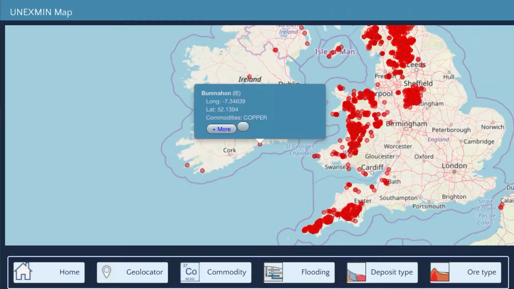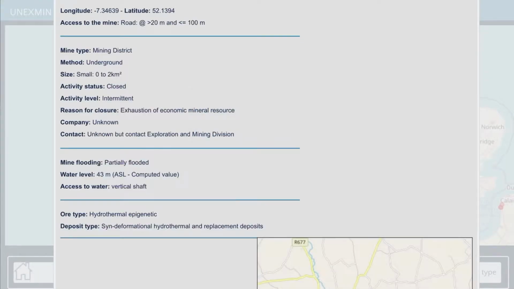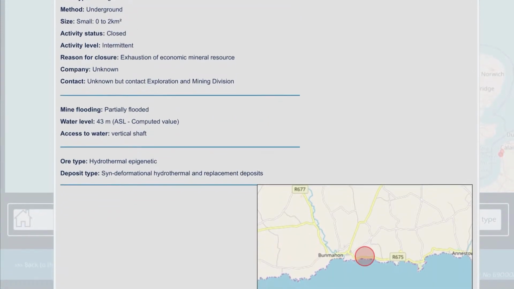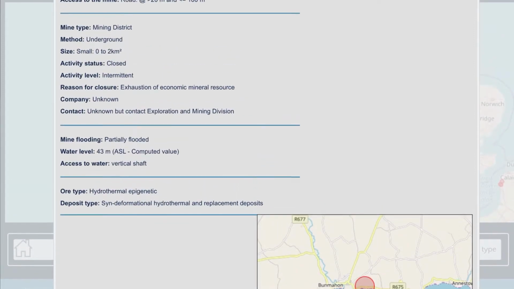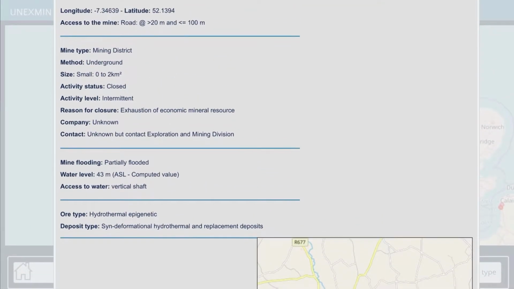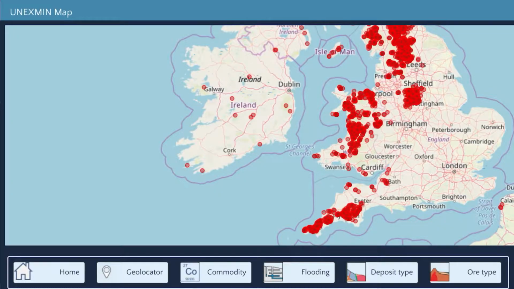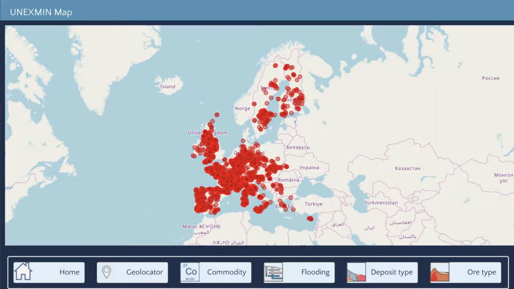If we click on the plus, we have access to the fiche of the mine with all the rest of the information: which type of access, which mine type, the size. If we have other information, it will be listed here, such as the activity status, the reason for the closure, and any other information. You can see here also the water level.